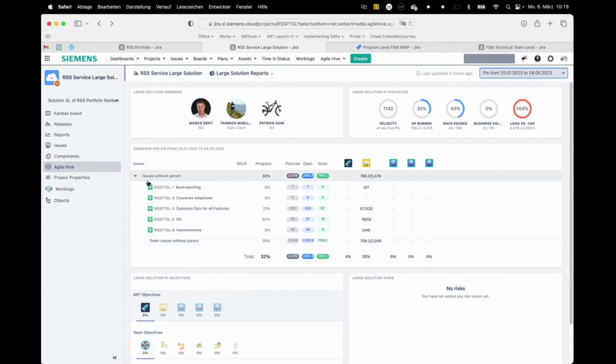And here we have, of course, all the capabilities and enablers. So up to now, I built up 5 capabilities, and below those capabilities, of course, are the features. But what is not yet done is that the capabilities are not yet attached one level above to the epics. So that is our large solution level with everything we see. You might remember a large solution